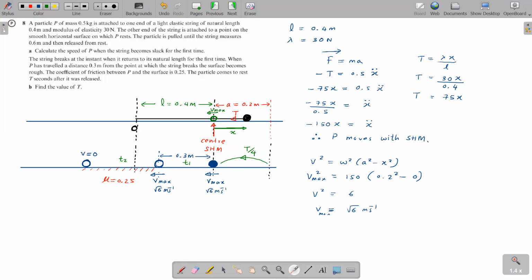So how do we get, shall we consider this part first and get this time? Because this is the time that is the most time consuming to get. Okay, so how do we do this? So consider the particle while it's moving. So what are the forces it has when it's moving over here,